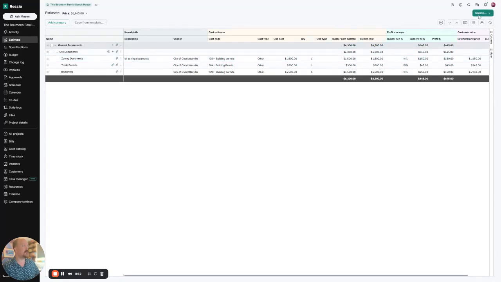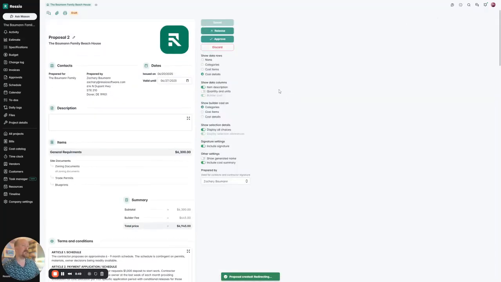I can simply go up to the top right-hand corner here under the Create button and go to Create New Proposal. This is also where I'd be able to create new purchase orders or bid requests or selections, which are things that we'll cover in future episodes. So I'm going to hit Create New Proposal, and that's going to navigate me over to the proposal for this